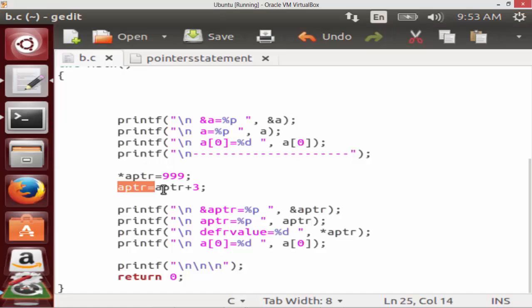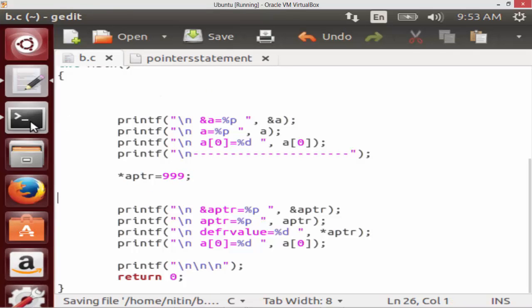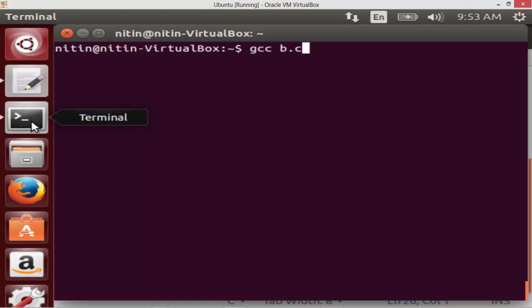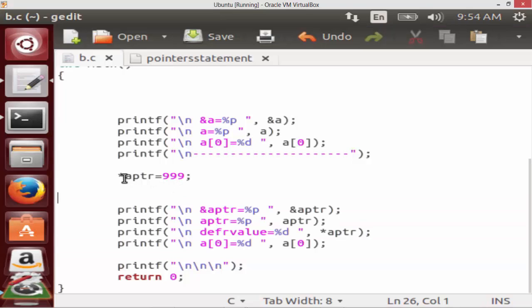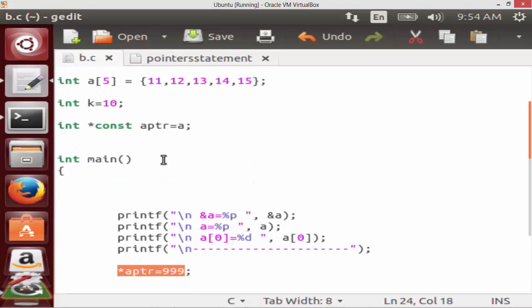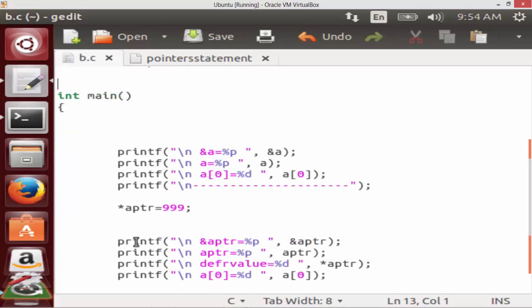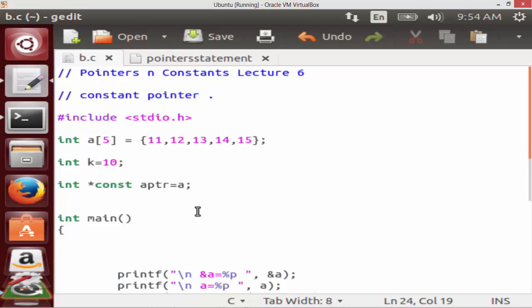But am I allowed to change the value of that? Every time, now I have first star, 999. So am I allowed to change the value where it is referring to? It should be possible, because I am only allowed to point to the first location. So this is the meaning of a constant pointer, wherein once you point to a particular location, you are not allowed to increment the address of the pointer, or you can as well say I will disable the pointer arithmetic on constant pointers.